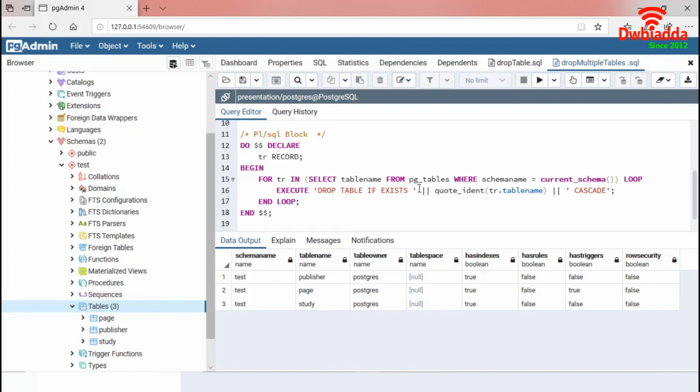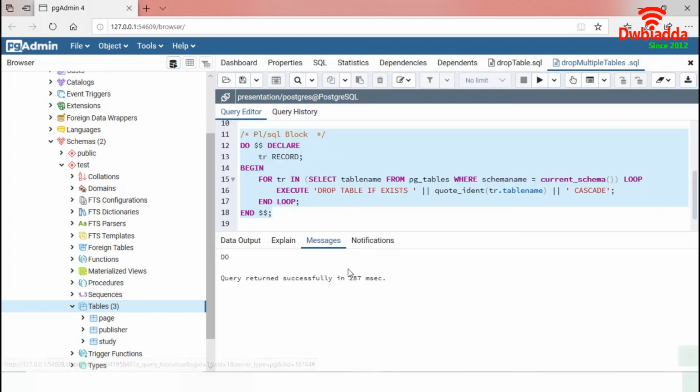In begin, we will use that variable to execute the for loop. We have a total of 3 tables in our current test schema. So this loop will run 3 times and in each run, it will execute this drop statement. After finishing the drop operation, PL/SQL will end the loop and the block. Let's execute this. So the PL/SQL block has dropped all the tables available in the test schema. To visualize this, let's refresh it. Now we don't have any tables available in the test schema.